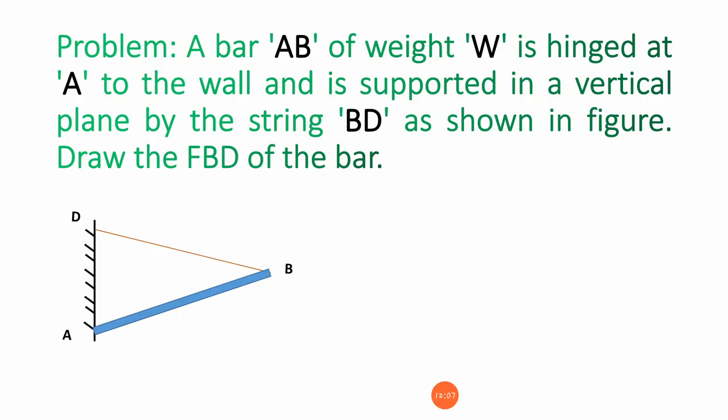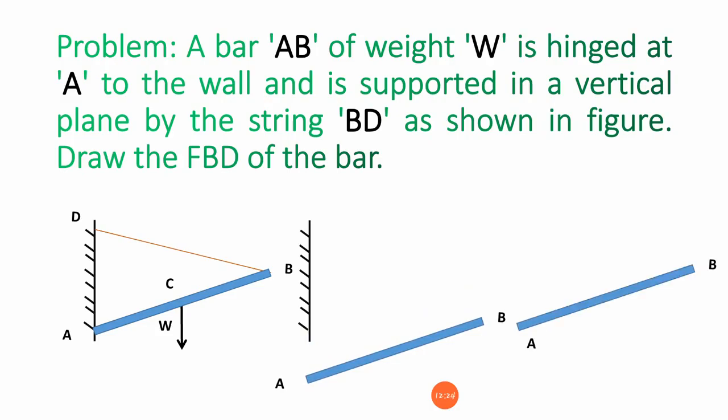If I cut the string, then what will happen? The AB bar is going to fall in the downward direction. We can see here the self weight is already acting. So I remove the string, and that body is going to try to fall in the downward direction. But if you want to keep it in the same position, then I am going to apply the reaction forces. I am removing all the supports, the wall as well as the string, and showing them. The first is the self weight, acting in the downward direction, and the string tension is going to be acting in this direction.